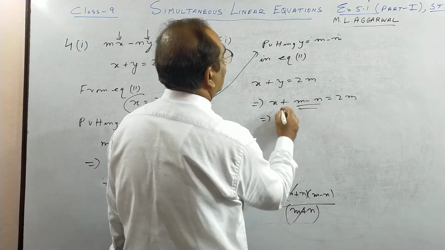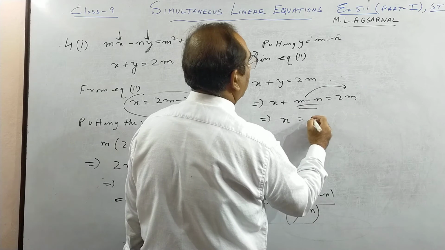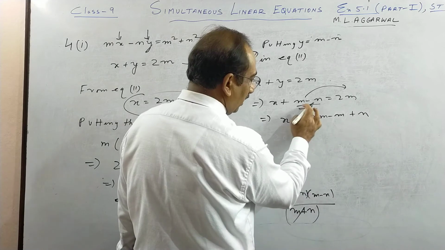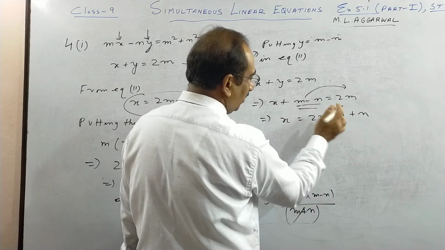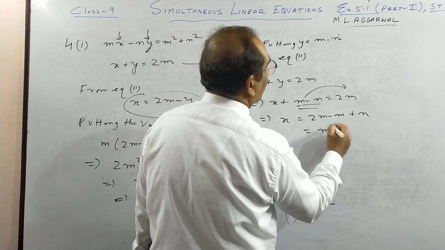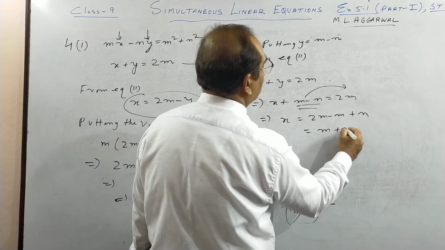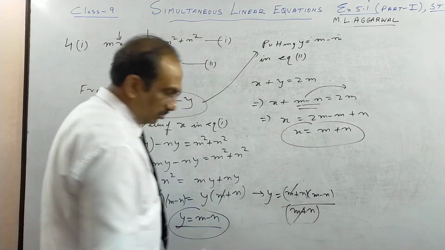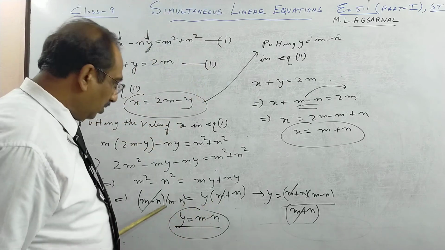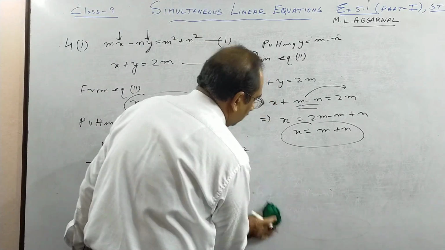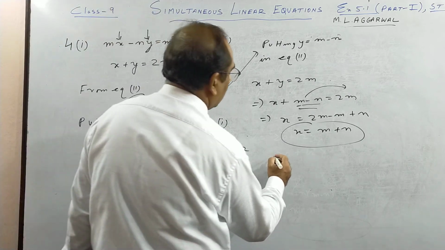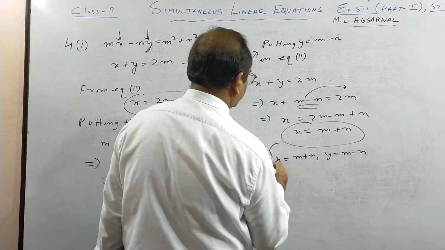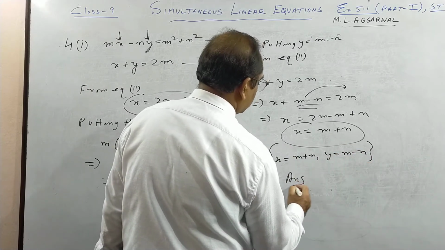Okay, so x is, if you take m to that side, it will be 2m minus m plus n. Minus n becomes plus n and plus m becomes minus. So this is 2m minus m is m, like term, plus n. So x is m plus n, y is m minus n. So this I am rubbing, just to explain to you how you can do. So my final answer of the question is x is m plus n, y is m minus n. So this is our answer.